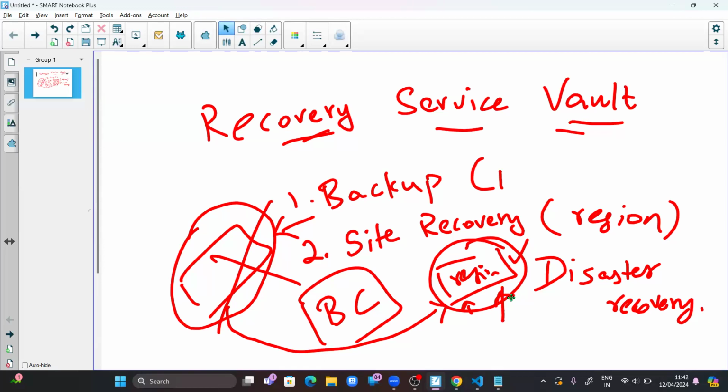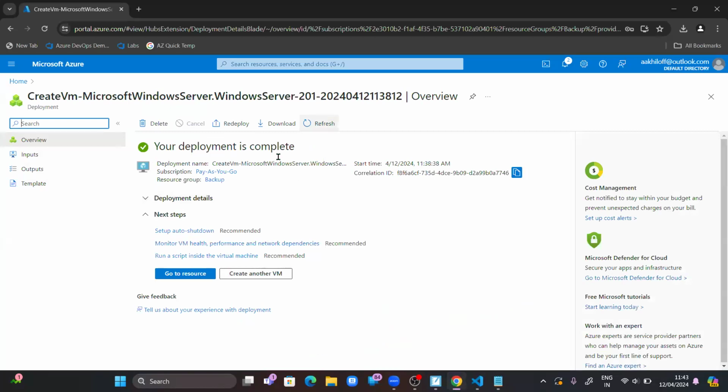Just for business continuity, most organizations use this site recovery. And I think this one is created. Now, what we'll do,